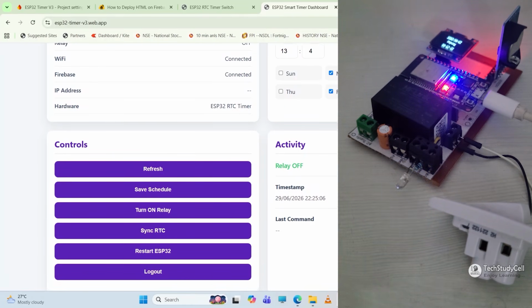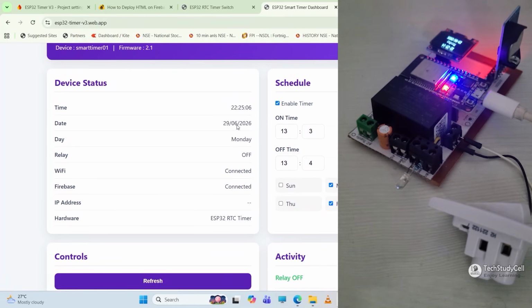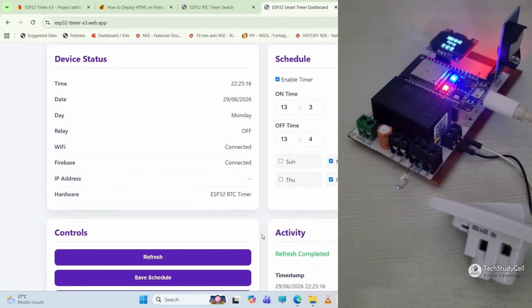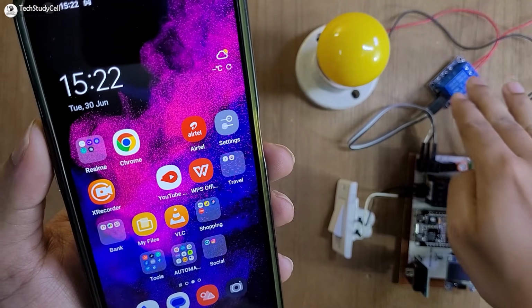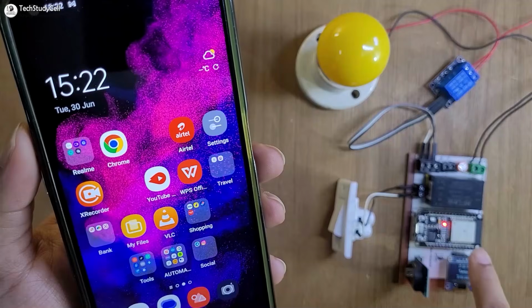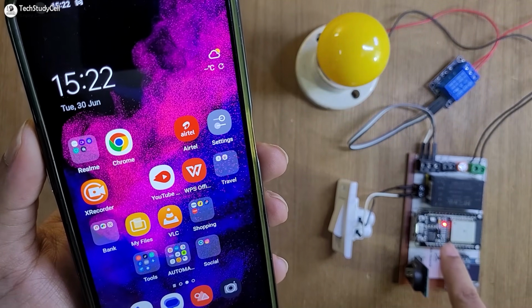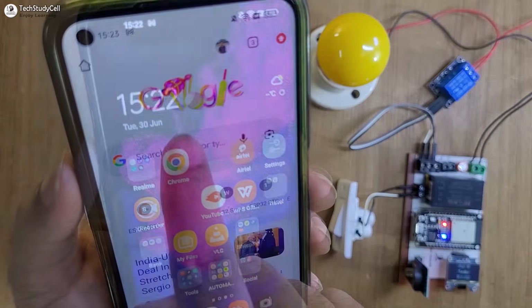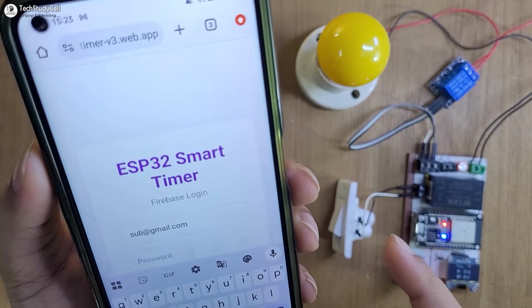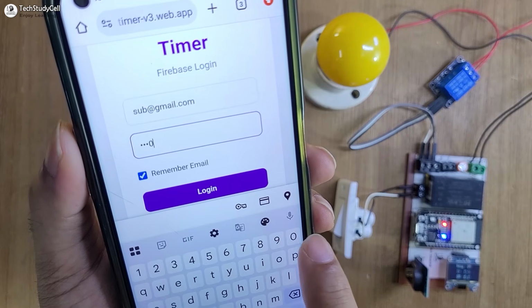To see all the current status, we can just click on refresh to update all these details from the ESP32. Here you can see I have connected the relay module with the PCB. Now let me turn on the supply. First the ESP32 will try to connect with the Wi-Fi, and once it is connected, the blue LED will constantly glow. So this was the URL for Firebase, and now we have to log in to the Firebase dashboard with email